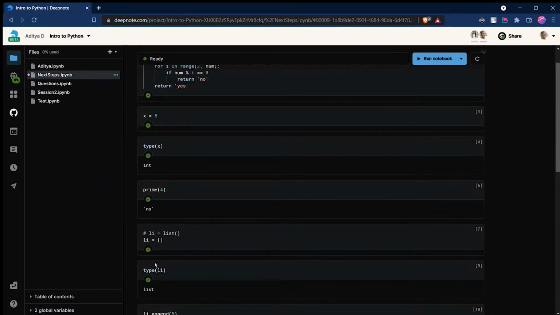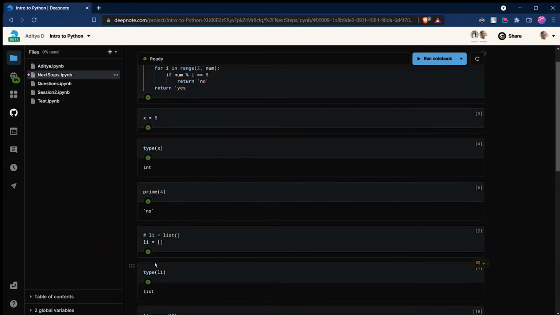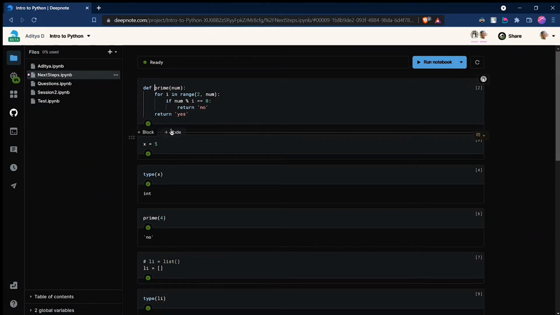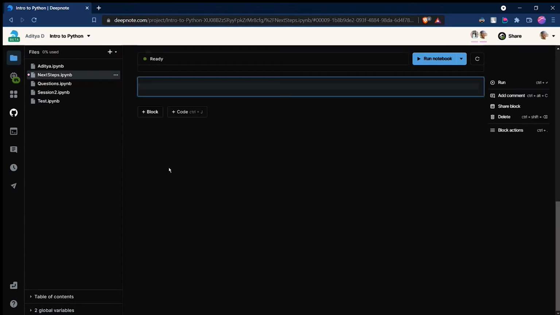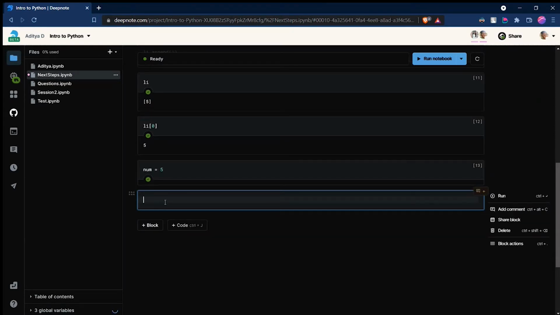So today let's take a deeper dive into the special functionalities of Python, what Python can do with these lists. We just saw that we wrote a function that can find out whether a given number is prime or not. So let's store that number again, number equal to 5. Now I'll make a list comprehension. A list comprehension is basically a short form for a for loop. So I say i for i in range(num).